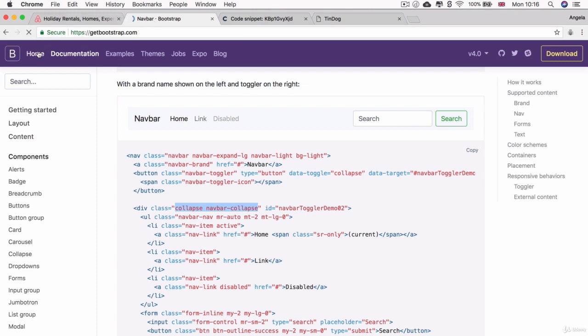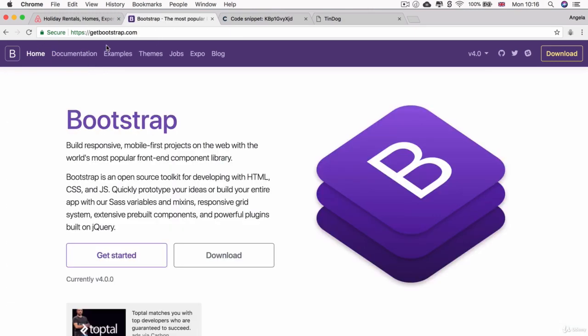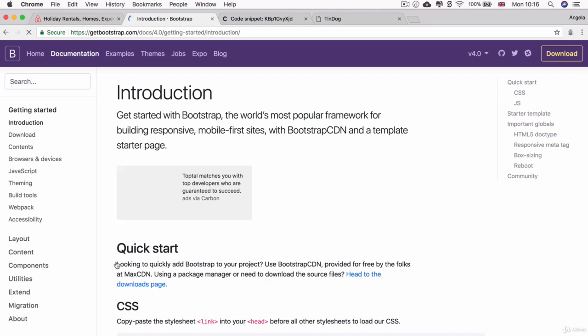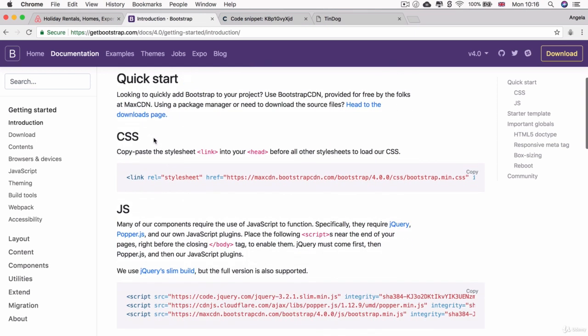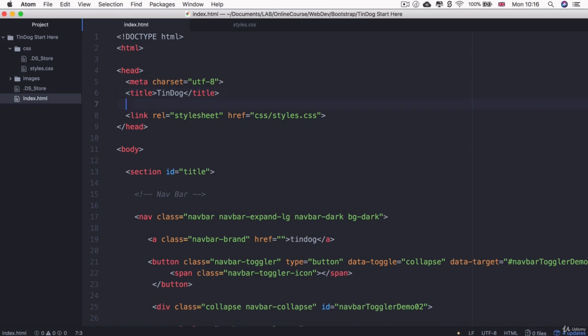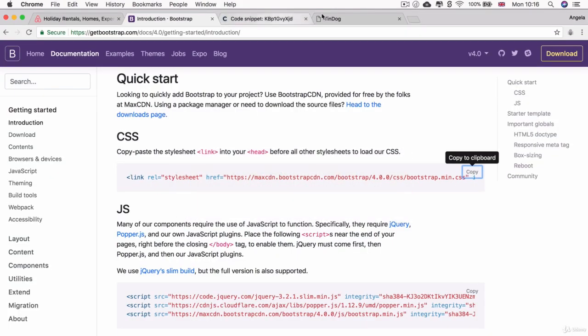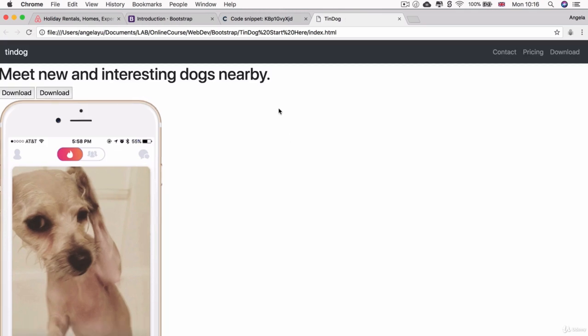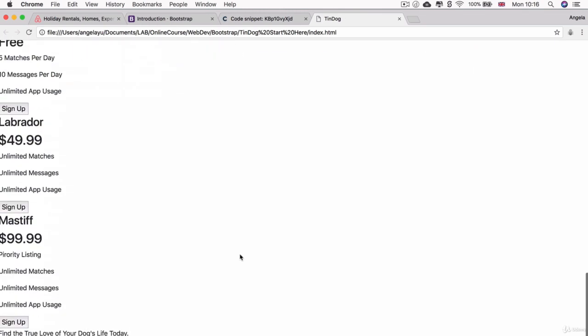So we'll head to the Bootstrap documentation and we'll go to Get Started. And you can see that there's Quick Start, right? Where we can just simply copy and paste the style sheet link into our website. So we can put that just above our own style sheet and hit Save. And let's refresh our page, and you can see that we've now got all of our wonderful